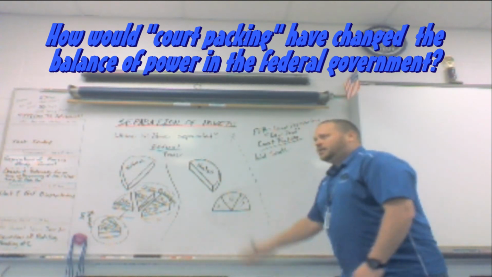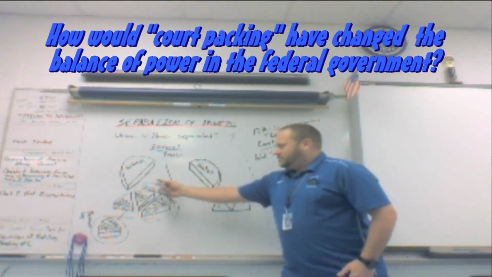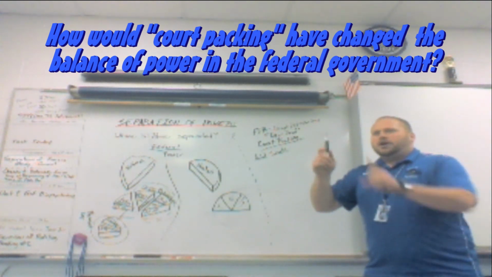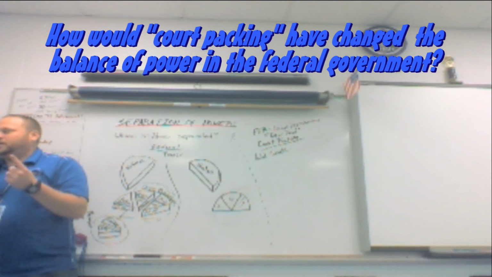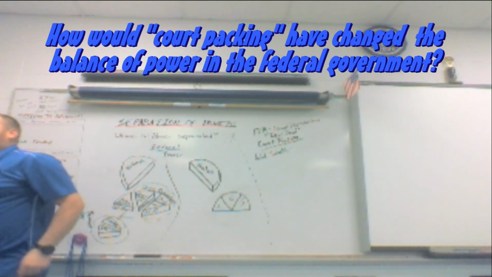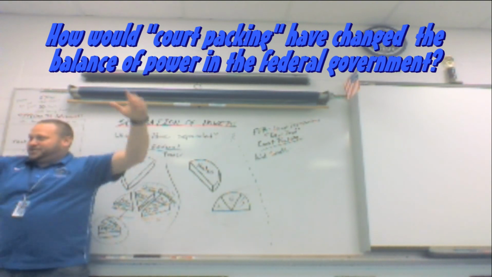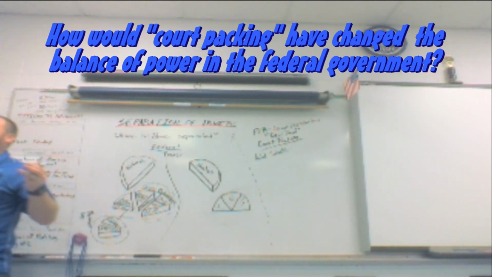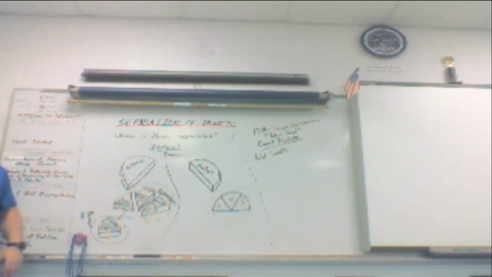It didn't pass because you had that big political argument about how that would make the president, in this case, too strong. And then also one thing about the Supreme Court, too. How long do they serve? Forever until they decide they're done or break the law, one or the other. All right? So then how long would these 6 people that he puts on there last? Forever. Until they decide they're done. So it could have an impact over 40 years. Okay? So basically they said, we don't need these extra seats added. Because we don't want these 2 branches to be tied together like